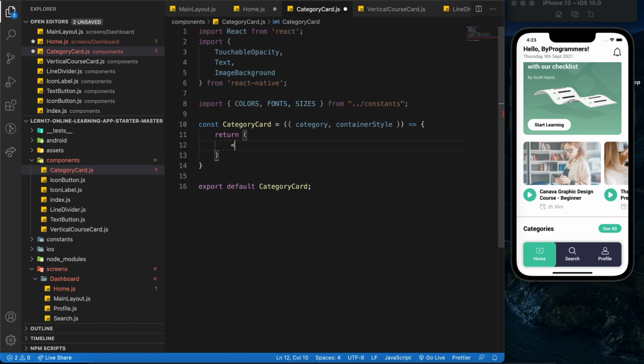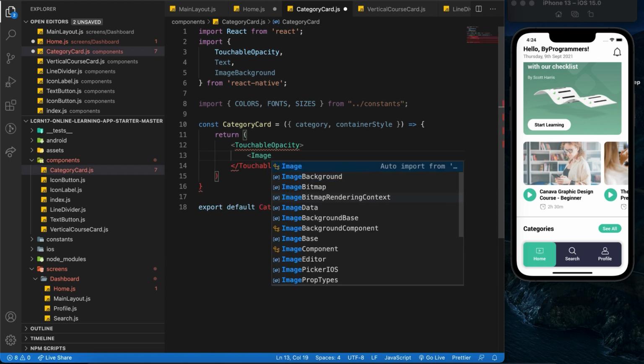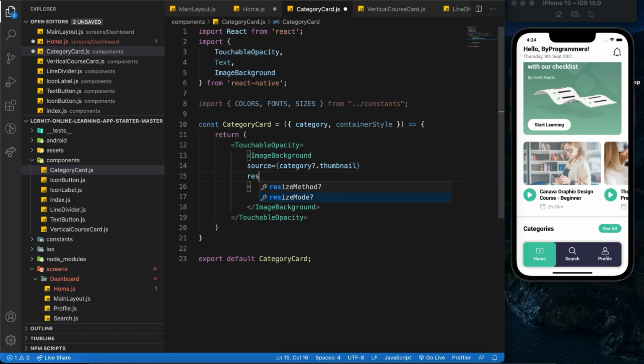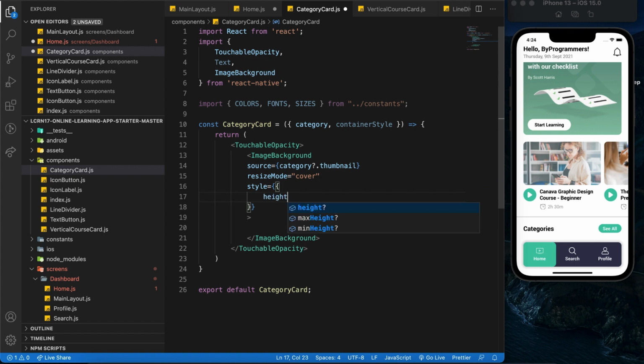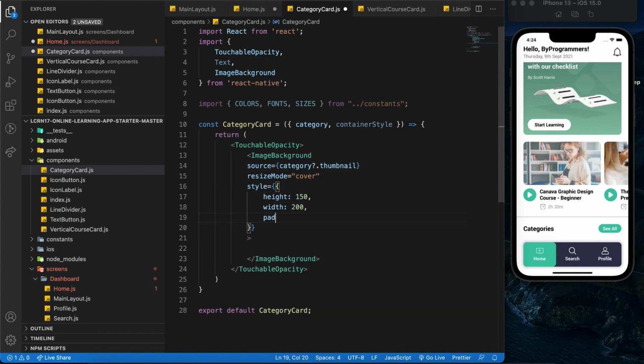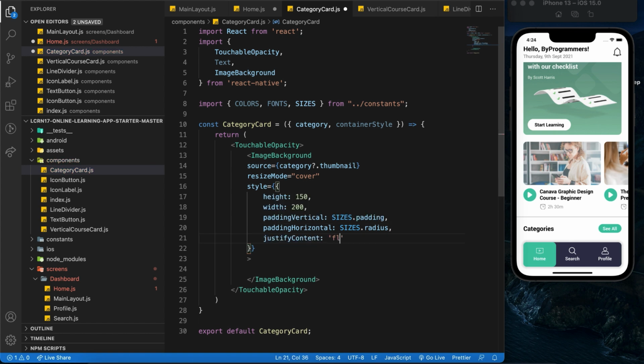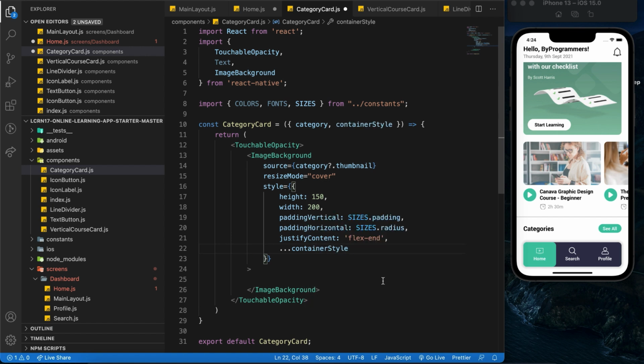Right, so over here we are going to return a TouchableOpacity, and within the TouchableOpacity we will have the ImageBackground component, where the source is going to be category.thumbnail, resizeMode equals to cover, style will be height 150, width 200, paddingVertical equals to sizes.padding, paddingHorizontal equals to sizes.radius, justifyContent equals to flex-end, and we are going to include the containerStyle over here as well. Next, I'm going to test if this component is working properly, so save it first, and